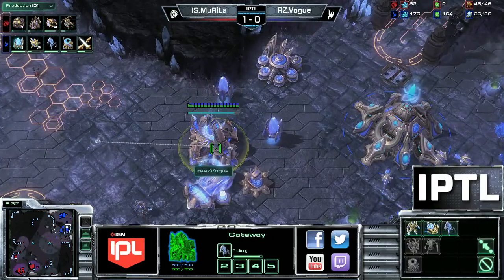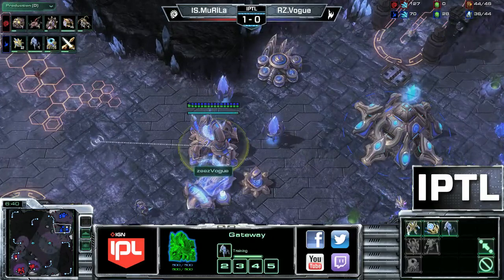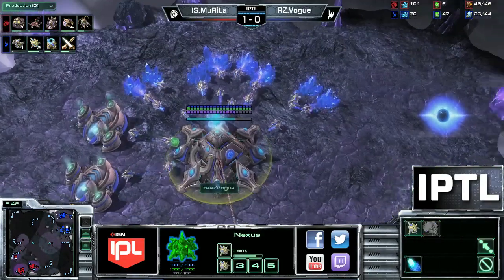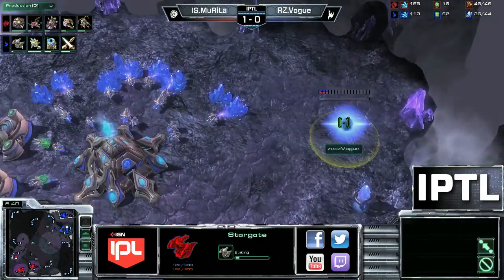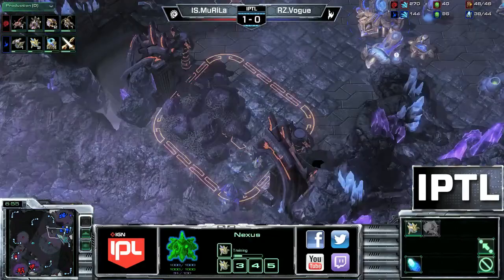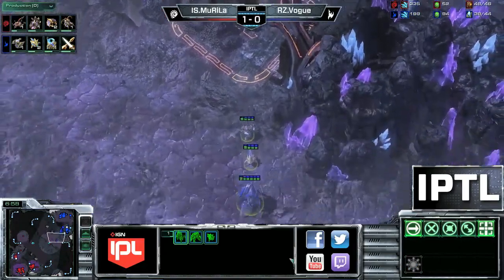Now, of course, he could slap down a Robo right now and decide, because Immortals aren't the largest gas investment in the world, to go after a little more conservative play. But no, it is going to be a Stargate. Okay, so Stargate play on this map, obviously, this is just another standard PvZ build where you crank out